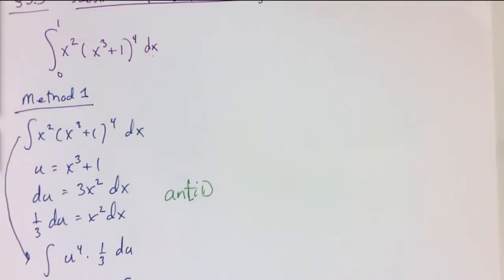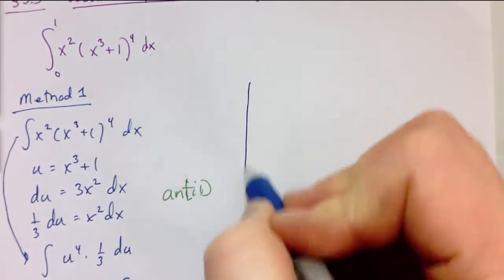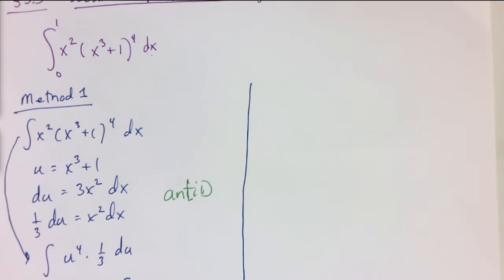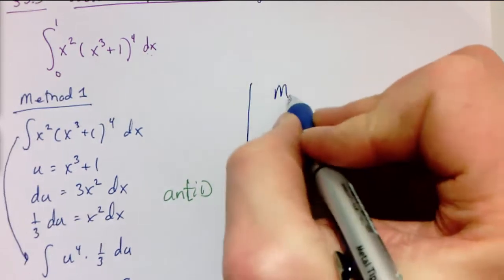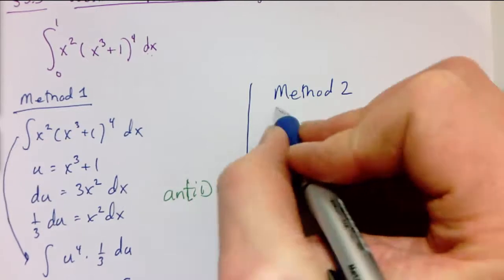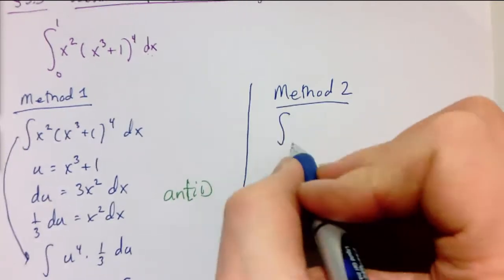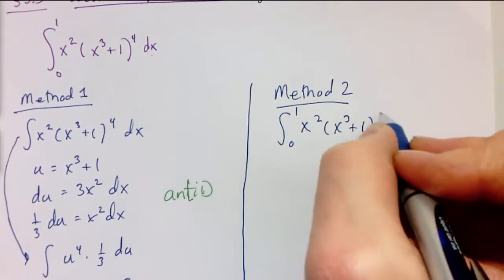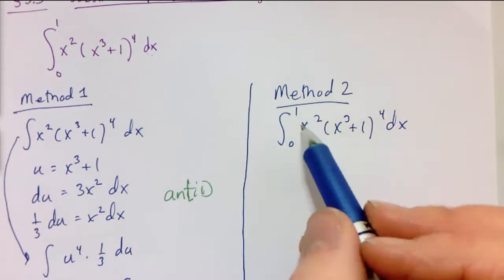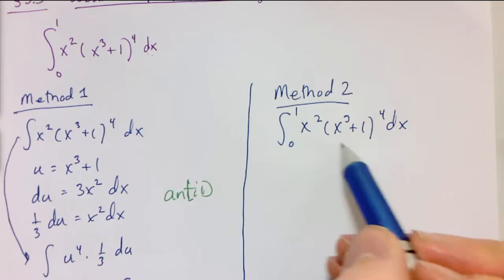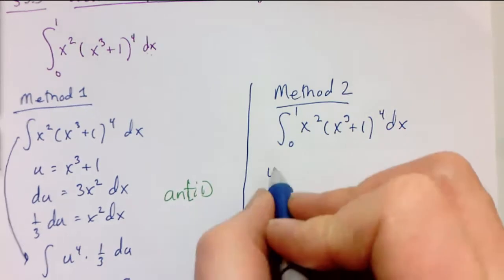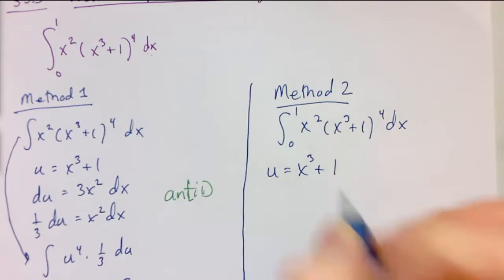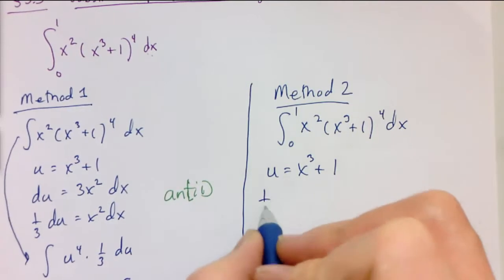Method 2 is very related, but we might call this the change of variables approach. In the long run, method 2 is a better way to go. In method 2, we're going to do the substitution directly into the definite integral. And the difference is that we're going to change the limits of integration along with our substitution as we substitute. So I make u equals x cubed plus 1, and as before, I get 1/3 du is